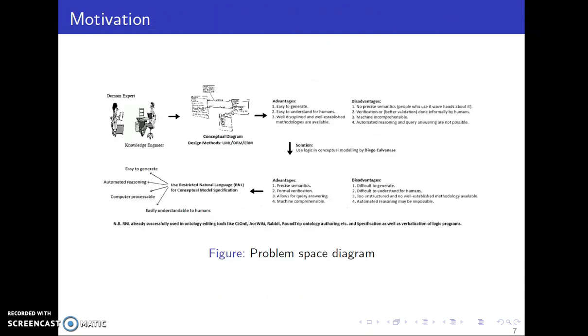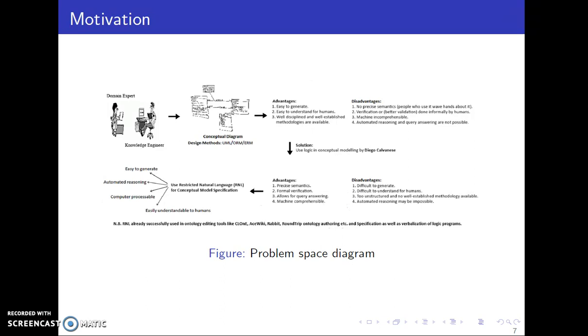This slide describes the motivation behind our work. So in conventional approach, domain expert and knowledge engineer sit together to identify the specification of the system, and based on that specification, knowledge engineer tries to build the conceptual model using a popular conceptual modeling technique. The advantages for such traditional conceptual modeling process are